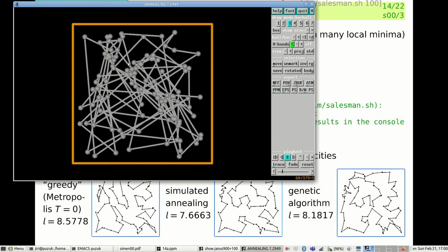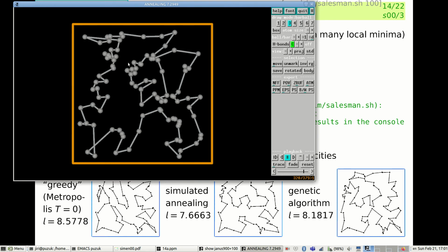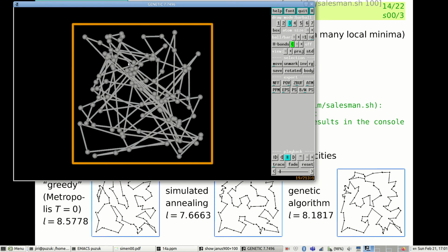And now the Monte Carlo algorithm, that is simulated annealing. It allows at certain points during the simulation for increasing the path, and it allows me to go to something that is closer to the global minimum. Also, there is a genetic algorithm possible. I will speak about it quite briefly later. It's not the mainstream of this talk, just so that you know what's a hot topic today, or it's been a hot topic for 20 years, let us say, but it's still very useful. So now the genetic algorithm,